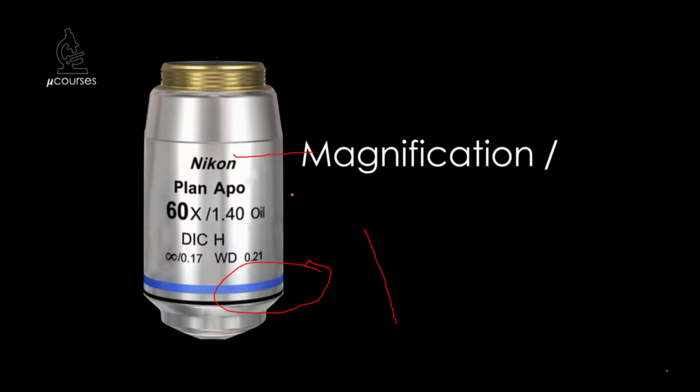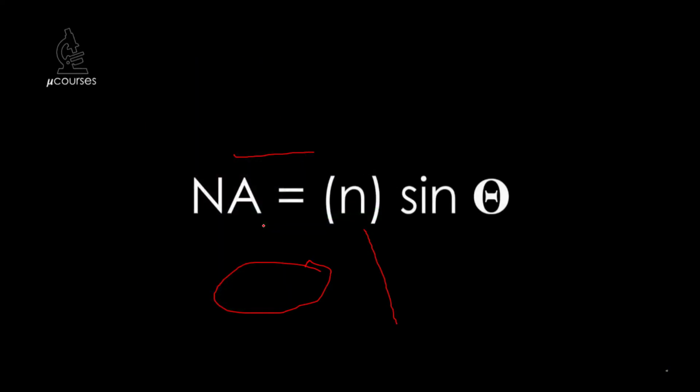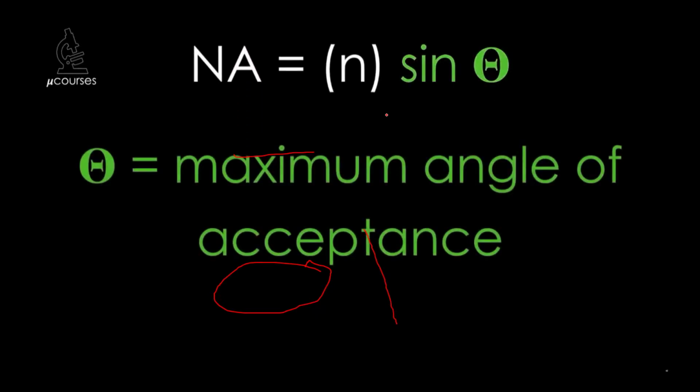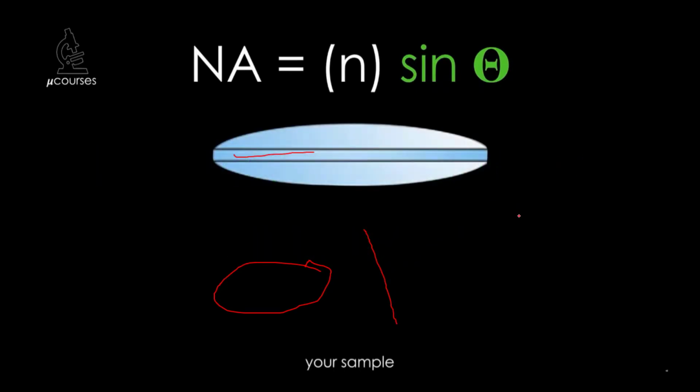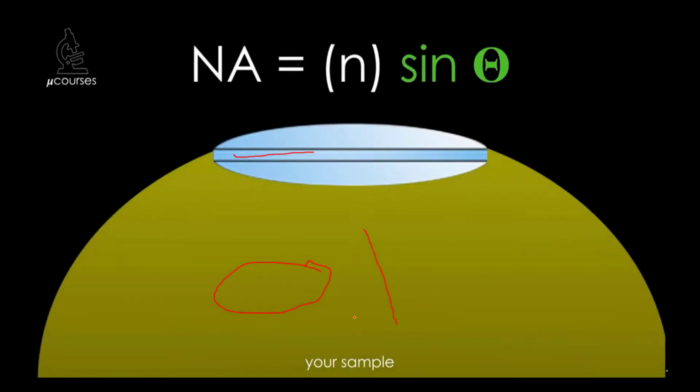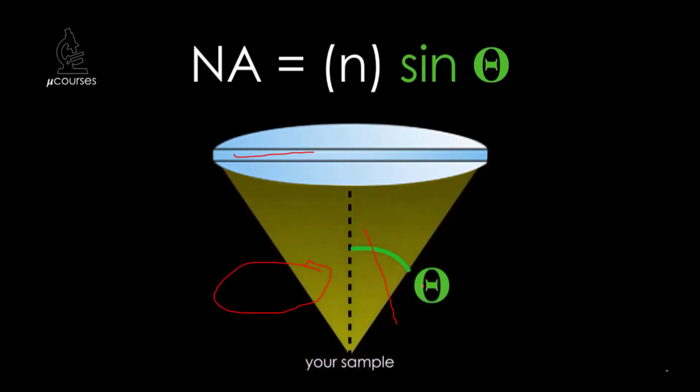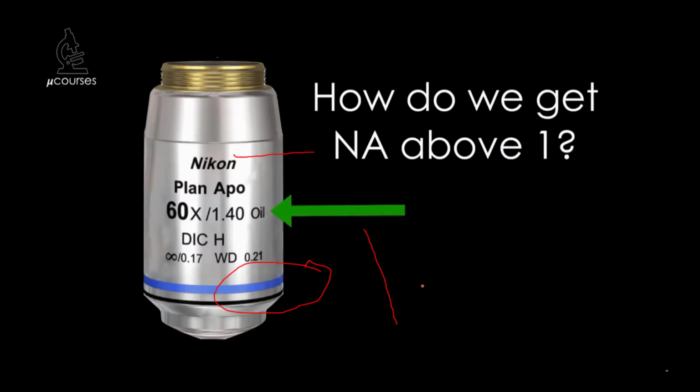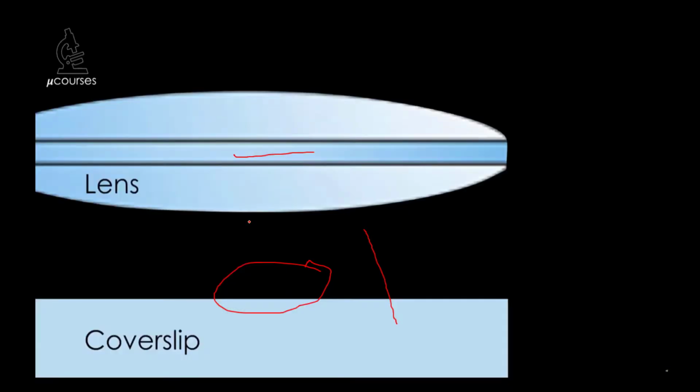Okay. Oil immersion objective. This is the oil immersion objective. यहाँ पे देखो 1.40 is what? It is the refractive index of that particular medium. Okay. So numerical aperture is n sin theta. So theta is what? It is the maximum angle of a light. Okay. So from the sample, when the light reaches the objective lens, this is called the angle theta. So this angle theta is because of the refractive index, that is 1.40. Okay. It is mostly written onto the objective lens.